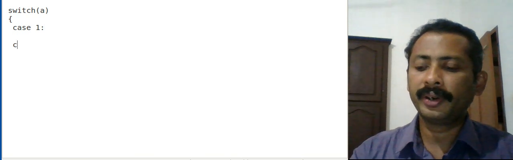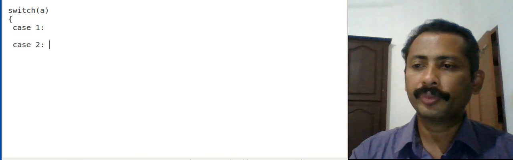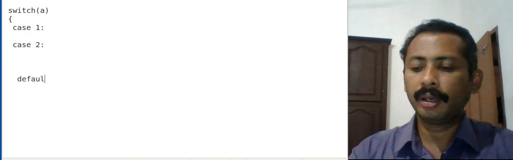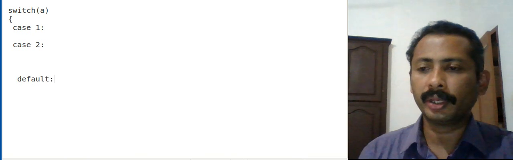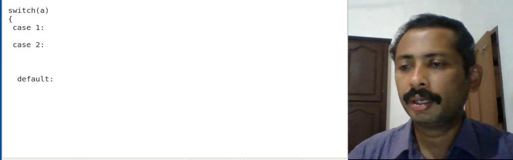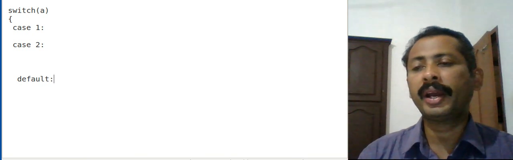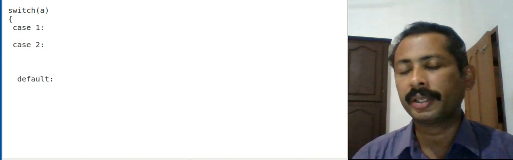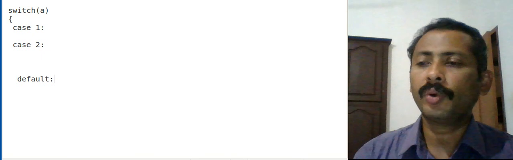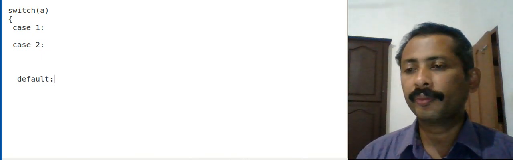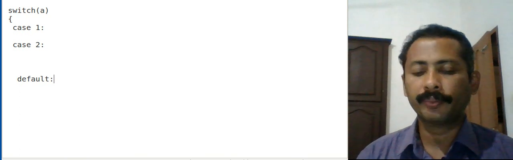Likewise, we can give different cases, case 2, etc., and we have a keyword default for executing these statements if the value does not match the above cases. In this case, case 1 and 2 are given, so if the value of a is 3, then the default gets executed.